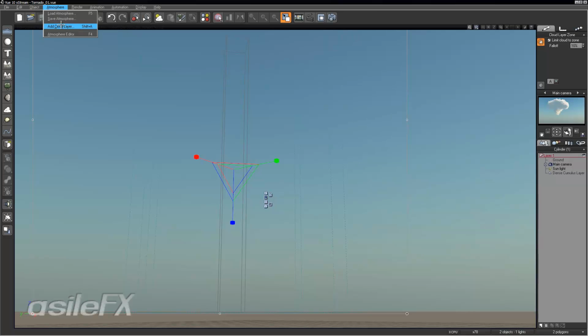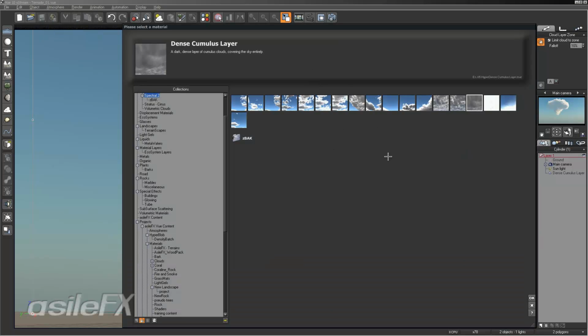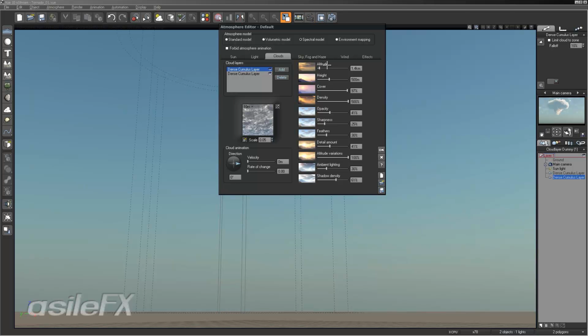So now we're going to go ahead and add another cloud layer. We can use the dense cumulus layer again, or another one, just making sure that we offset them so they don't look completely identical. What I want to do is bring down the altitude so that it starts to somewhat engulf the cone layer. And we'll rename the layer below it so that we know which one is the tornado. And we can adjust the